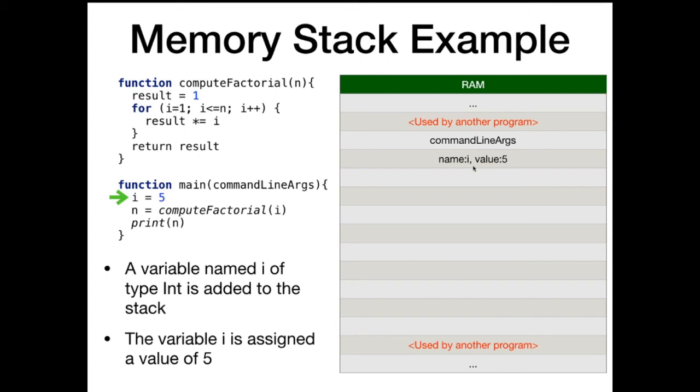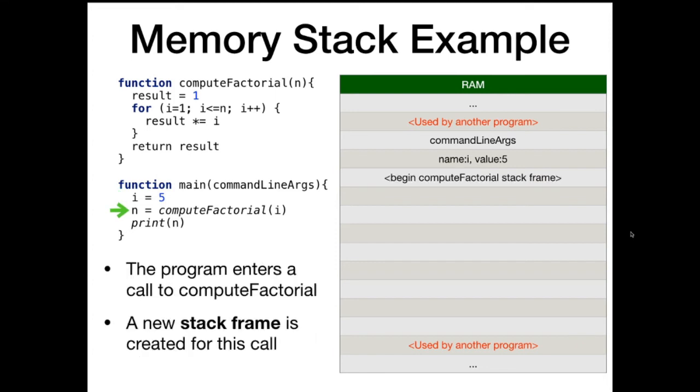Very next thing, I have our first function call. We're going to start a new stack frame at this point. So we're creating a new stack frame, which means as we go into this method, we no longer have access to the variables and values that were created outside of this stack frame. So we can no longer access our command line arguments. We can no longer access the variable I with value 5. We can't access those anymore because they're out of scope. They're outside of the current stack frame. So we don't even know that they exist anymore.